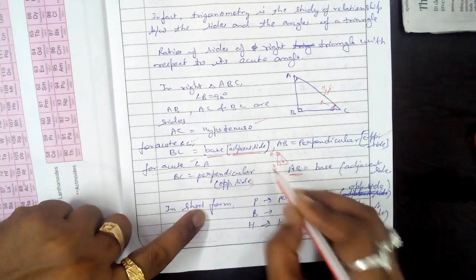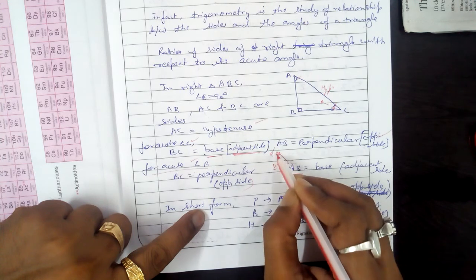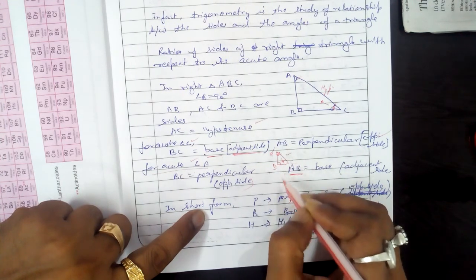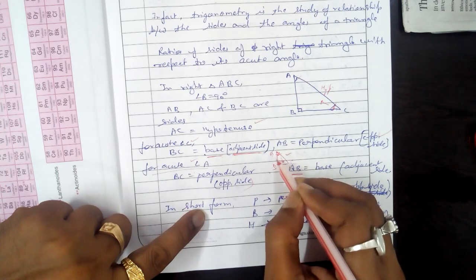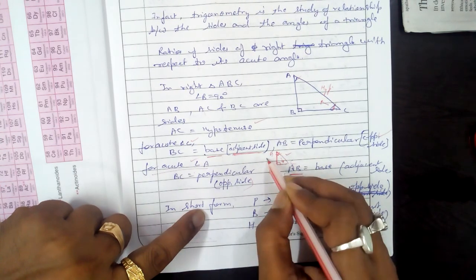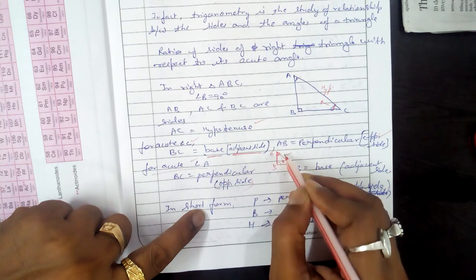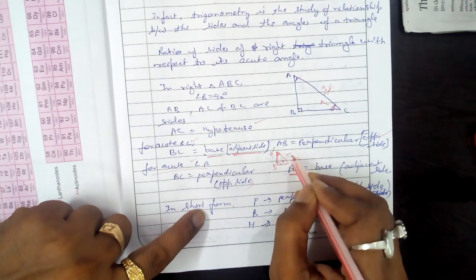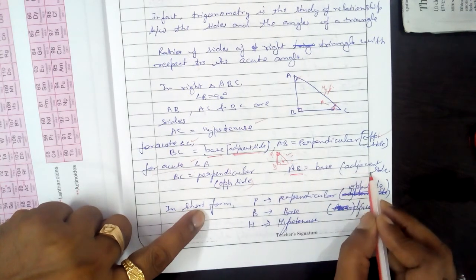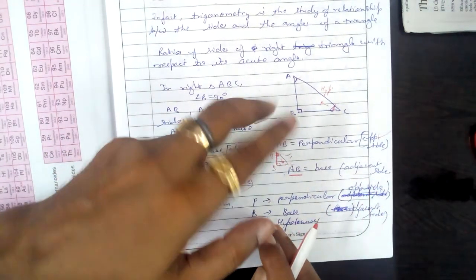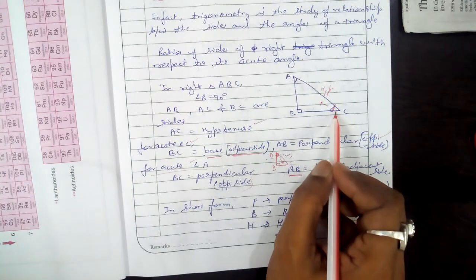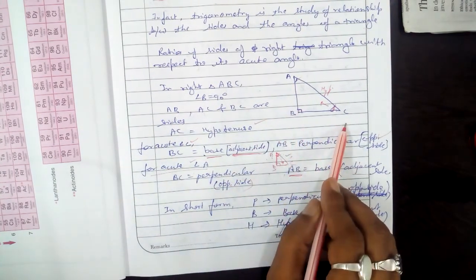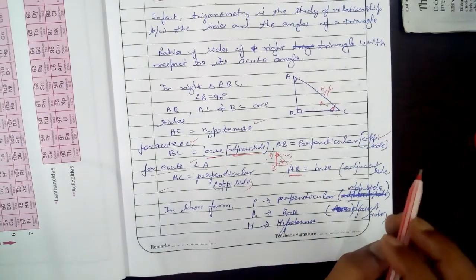AB is the base. In this case it is also known as the adjacent side of that angle. One is the hypotenuse, fixed; one is adjacent, neighboring, that is AB with the angle. AB and AC form angle A, so one is called the hypotenuse, the other is adjacent. So it is changeable. When the angle is C, then AB is opposite. When the angle is A, then BC is opposite. Very important things.